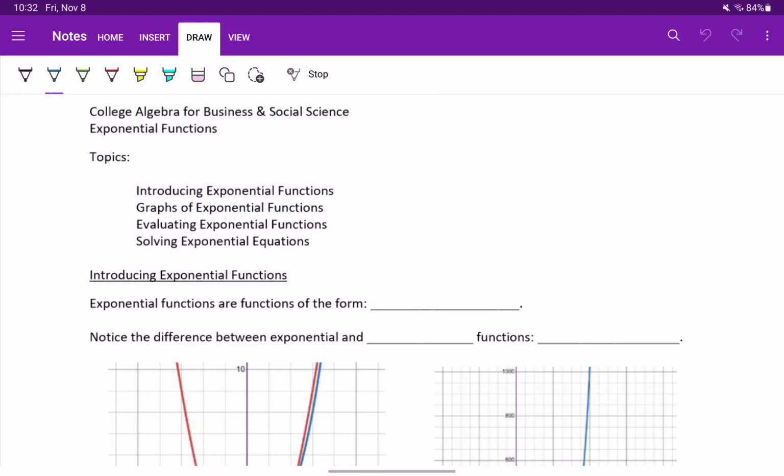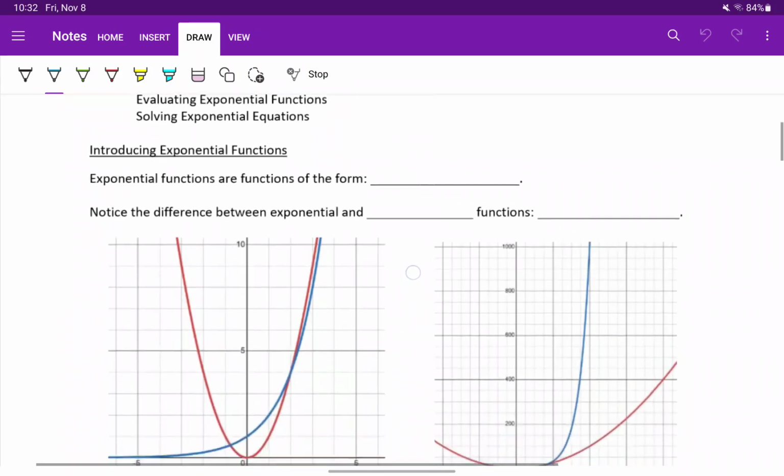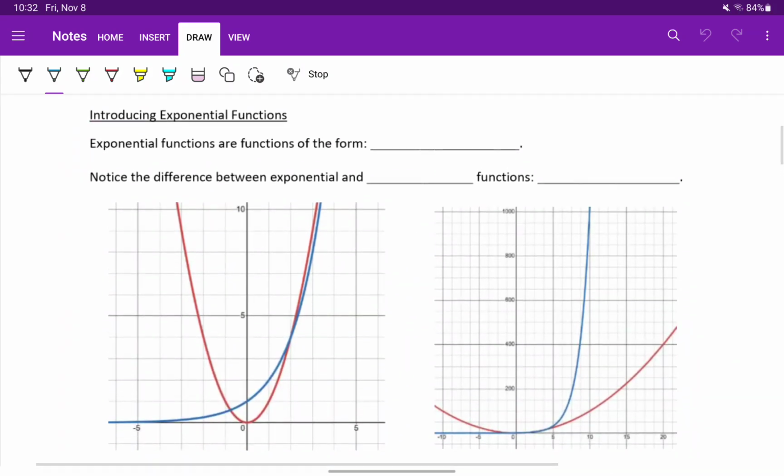In this section, we want to start introducing exponential functions, talk about some of their characteristics and behaviors. We can start off by identifying exponential functions as functions of the form f of x equals b to the x power. We want to pay close attention when we're looking at functions because these can look very, very similar